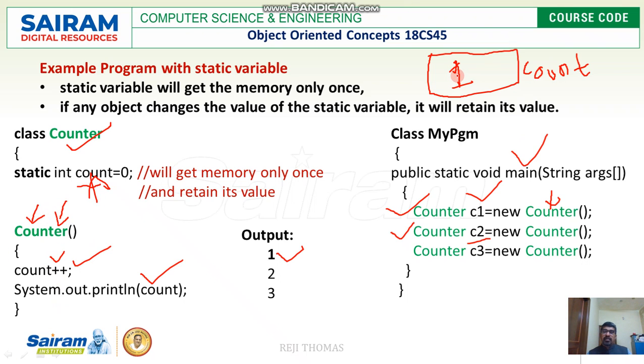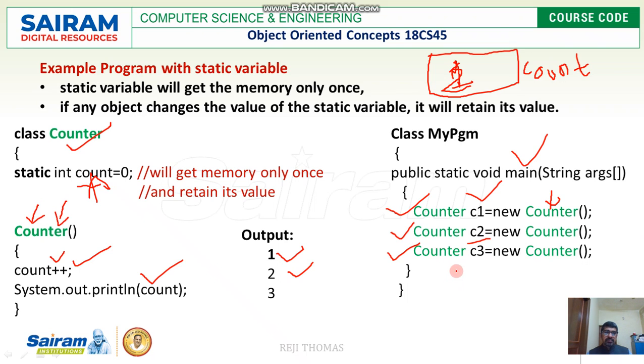It will come to the constructor a second time, where I'm going to increment the count. What is in the count? Count is 1. When I increment, please see that this is 2. And I'm going to print the count value, which is going to be 2 again. Then I have another statement where I'm going to create one more object called C3, and C3 will not have separate space for its own data member. Why? Because it is also going to take the same space because of the member called count, and that is going to be a static member.